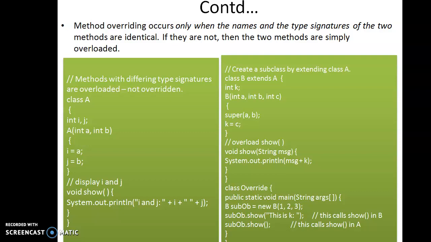If they are not identical, then they are simply overloaded; it's not called overriding. In this example, let us see methods with differing type signatures are overloaded, not overridden. Class A and class B. Class B extends